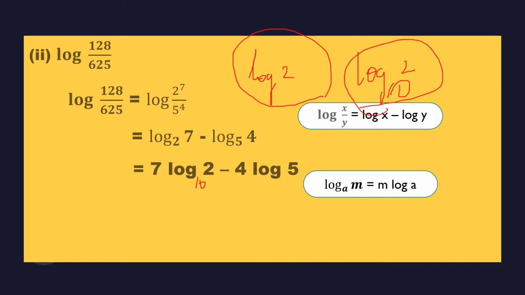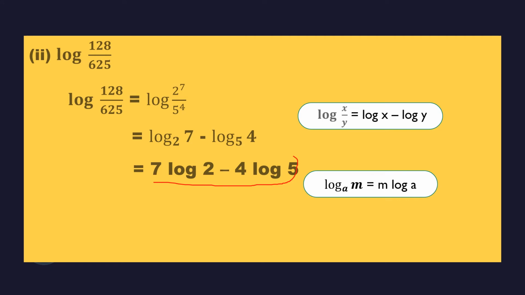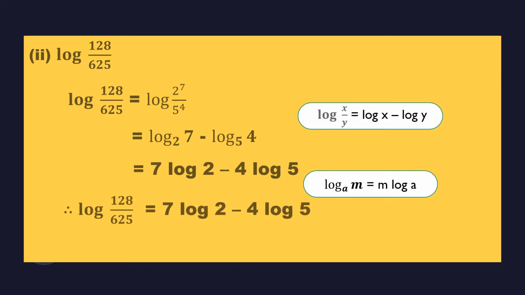Even if you put 10 as base here, there is no use because there is no formula for this one. Instead of this one we cannot write 1. Again we would have to send the power, but log base 10 without any power here has no value, so we can stop the problem here only because he asks you to expand it. So this is expanded, meaning we gave the logarithm for both of them, so the expansion of this one is given as 7 log 2 minus 4 log 5. Okay, so let us go to the next one.